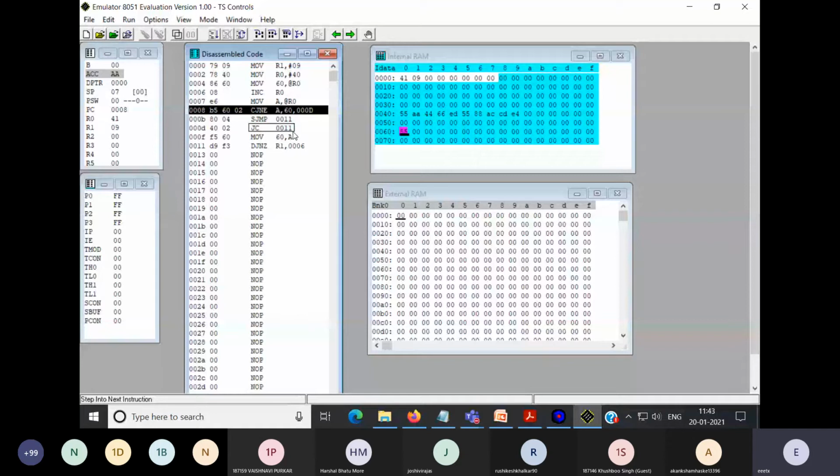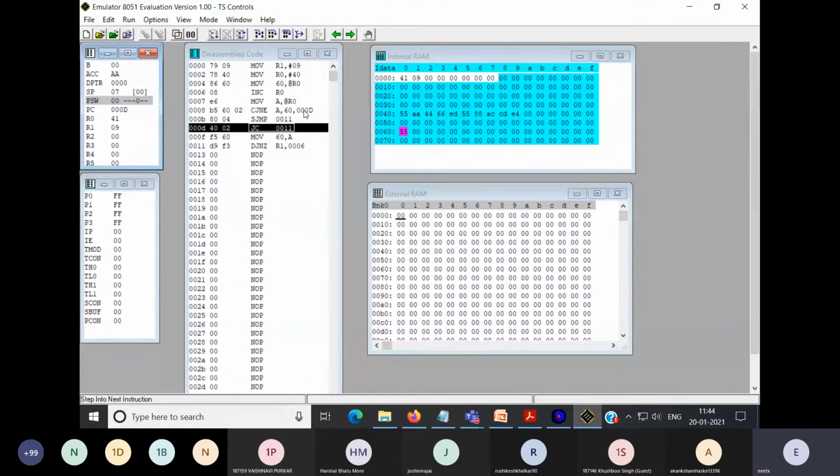011. So 011 is where? It is here. 011. Correct? 006. So 006 is here. So instead of labels, you will find the actual addresses here. So when you compare, see what happens. You will have to observe this PSW, whether it sets the carry or not.